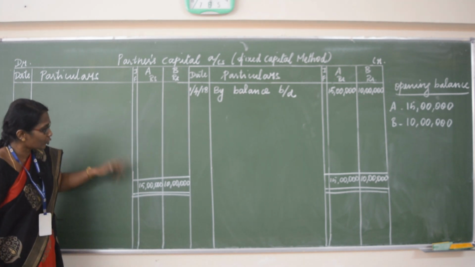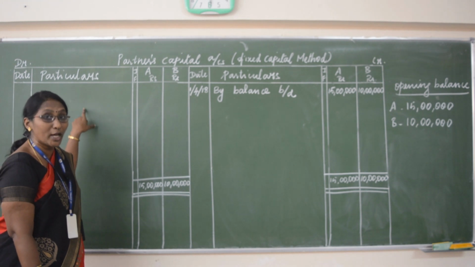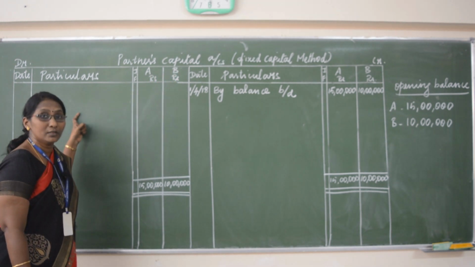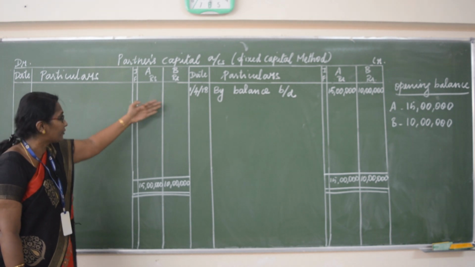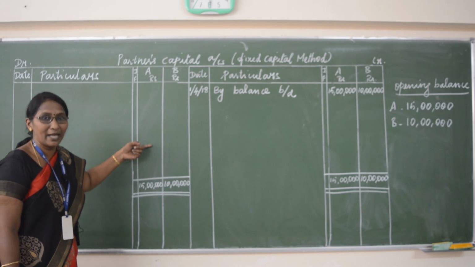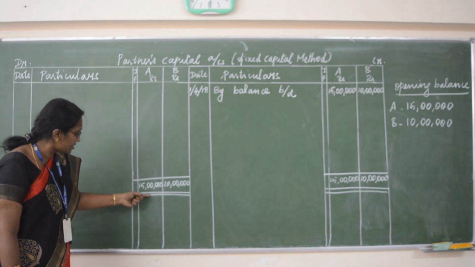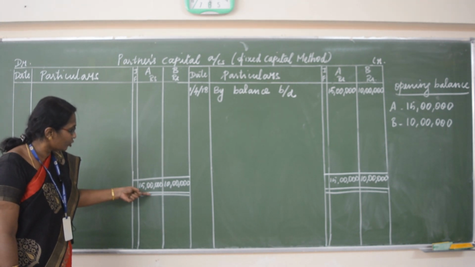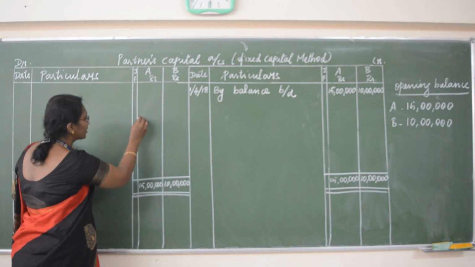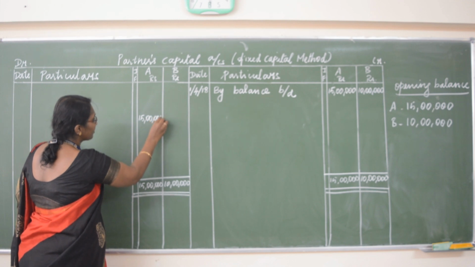Is there any item to deduct from this? No. If you write drawings, that is withdrawal of capital, it can be entered in capital account. If you write withdrawal of capital, you will get value here and we can deduct from this total. Remaining you can write as what? Balance. Here we don't have drawings. So this total I have to balance by deducting. That is, there is no deduction. So the same total here can be written as balance.